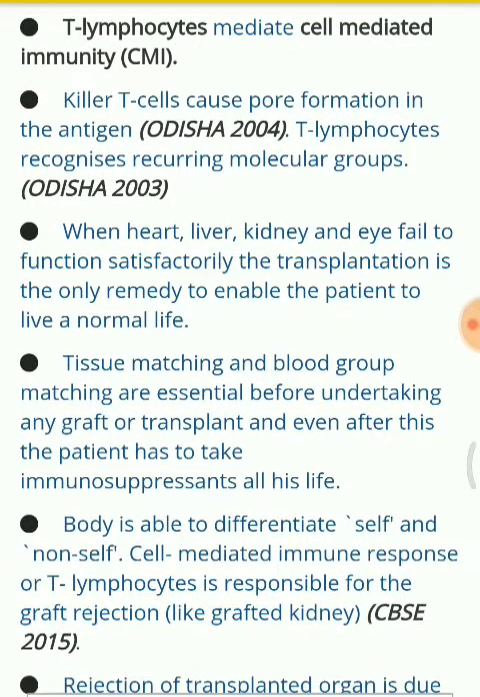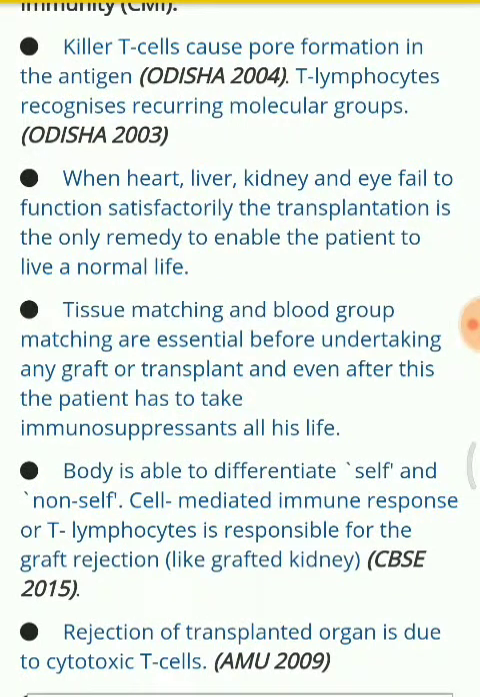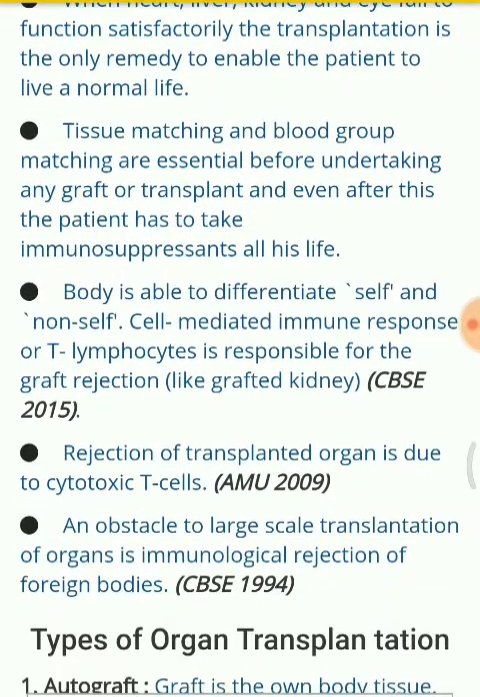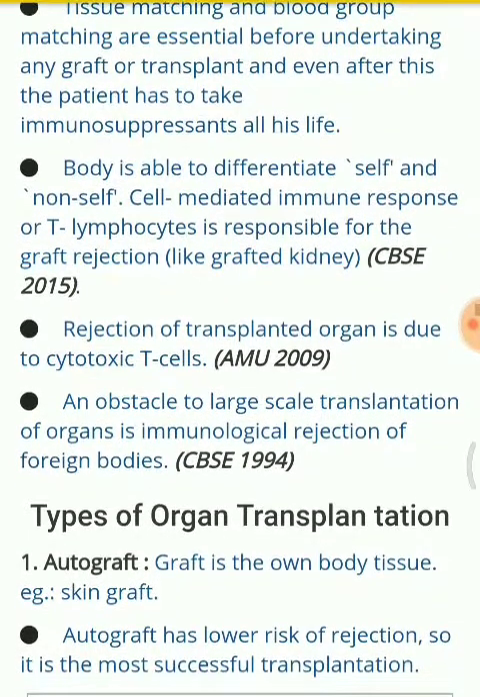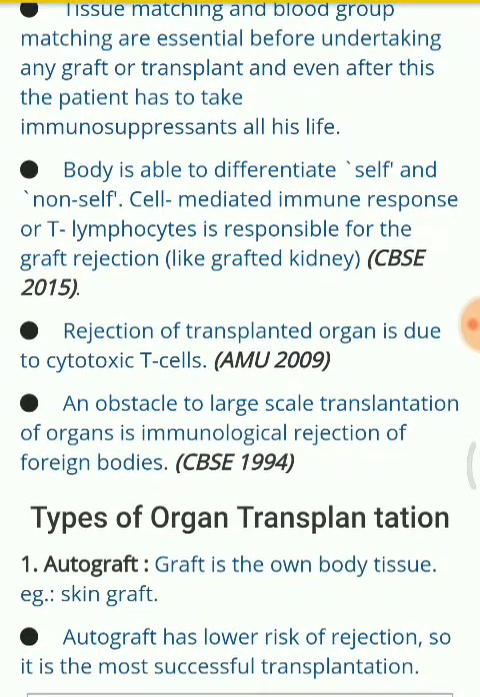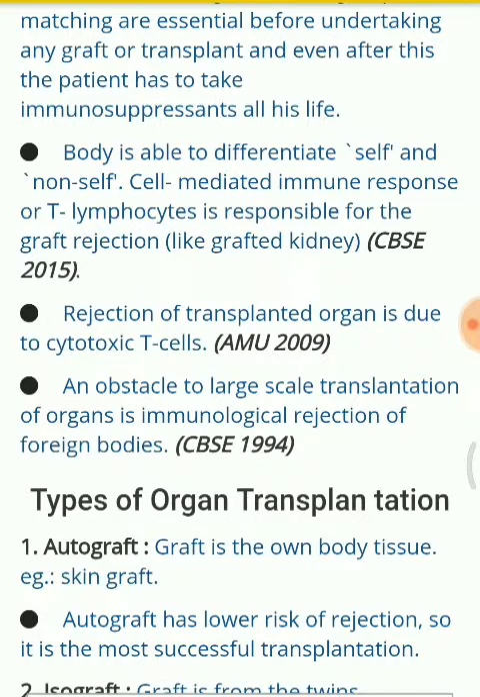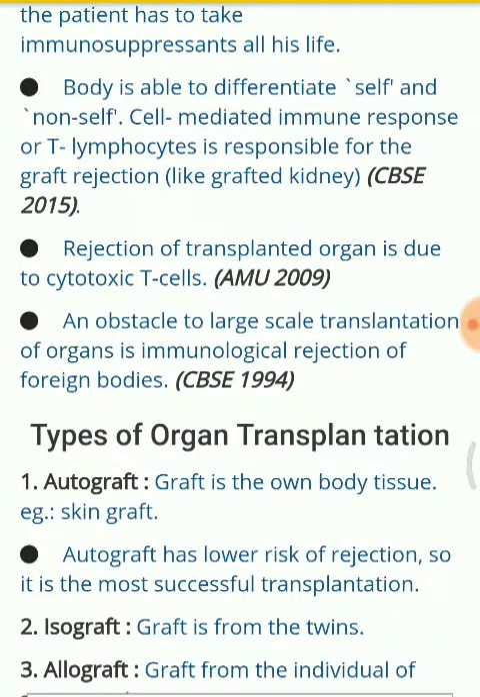When the heart, liver, kidney and eye fail to function satisfactorily, transplantation is the only remedy to enable patients to live a normal life. Tissue matching and blood group matching are essential before undertaking any graft or transplant, and even after this the patient has to take immunosuppressants all his life. The body is able to differentiate self and non-self. Cell-mediated immune response, or T lymphocytes, is responsible for graft rejection, like grafted kidneys. Rejection of a transplanted organ is due to cytotoxic